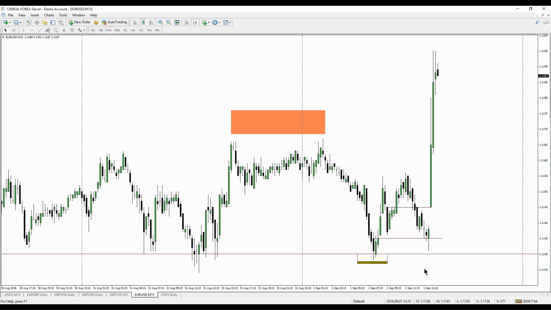For them to want to come all the way back down here and hit this low here, I'm going to be honest with you, had it done a run below this low here, I still would have bought it. I would have bought it again after it got back above the 111.30. I would have bought it live.